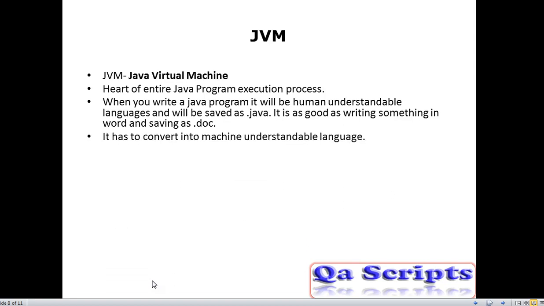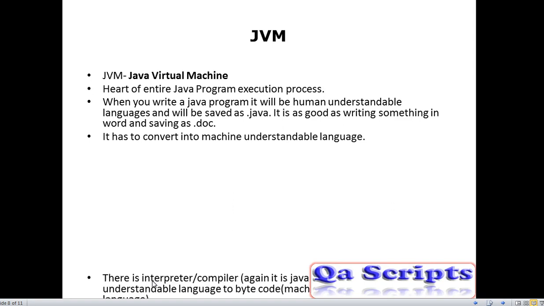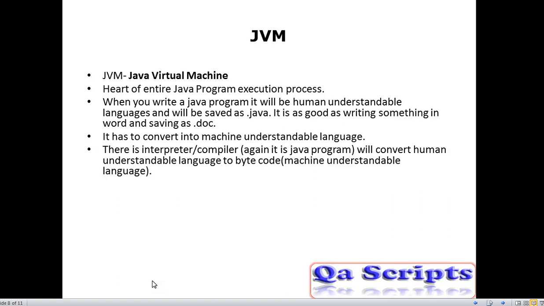This program cannot be understood by the machine, because the program we have written is human understandable. So it has to be converted into machine understandable language. To do this, there is an interpreter or compiler.